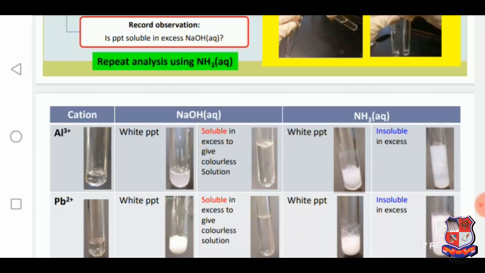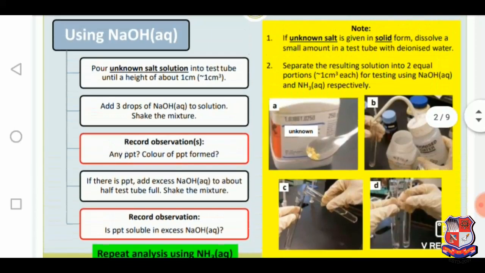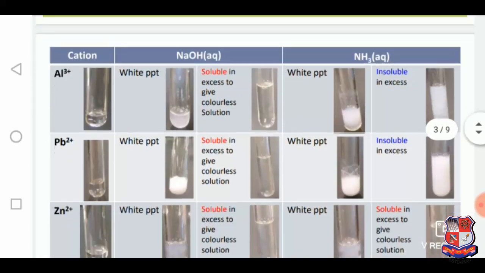If we repeat these steps with aqueous ammonia, then a white precipitate is observed, and how does it differ from the NaOH precipitate? Compared to that, the ammoniacal precipitates are more intense in white color than the NaOH precipitate. And these precipitates are insoluble in excess ammonia solution, as we can see in the fourth test tube in the detection of the aluminum ion, Al3+.